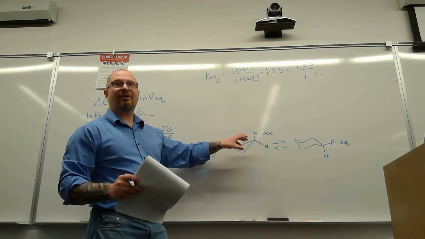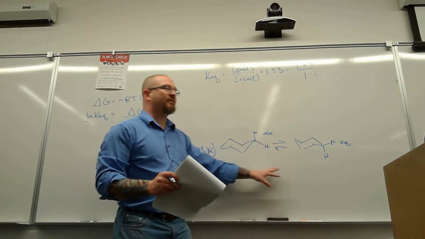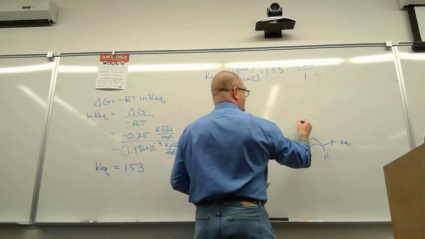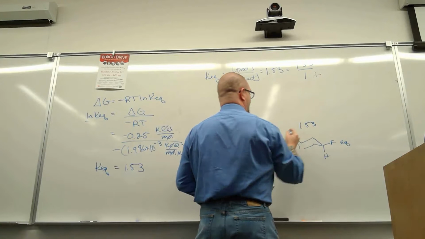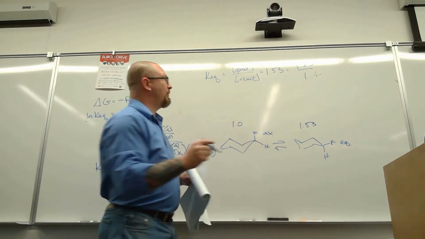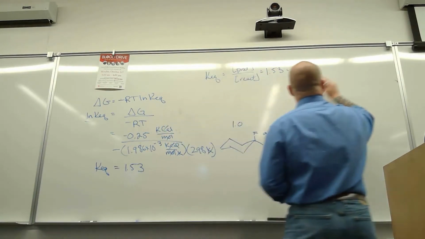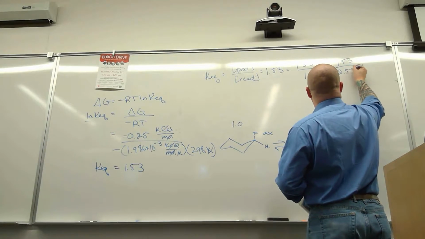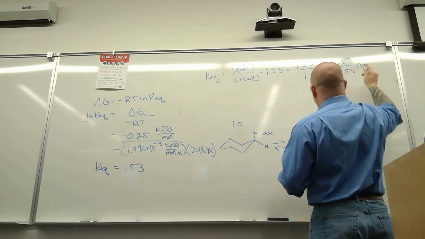So the total number of parts is 2.53 parts in the system. So this is 1, so this is 1.53. If you add them together, that's why 2.53 for the whole. So the percent of product is 1.53 divided by 2.53 times 100, and I think this is about